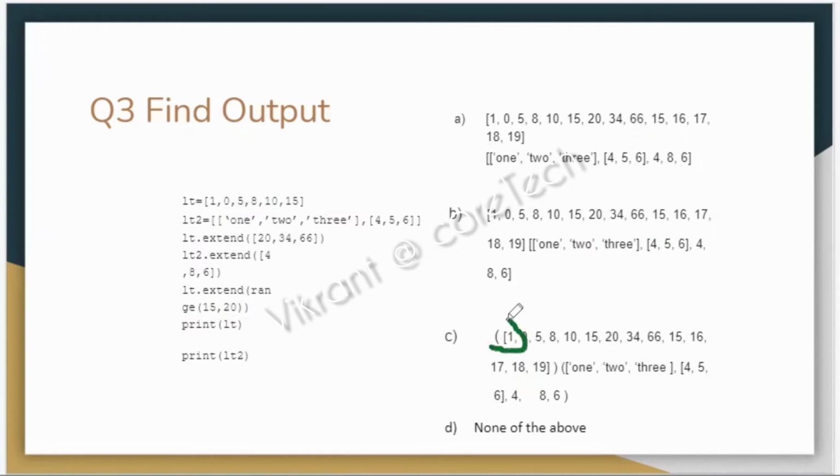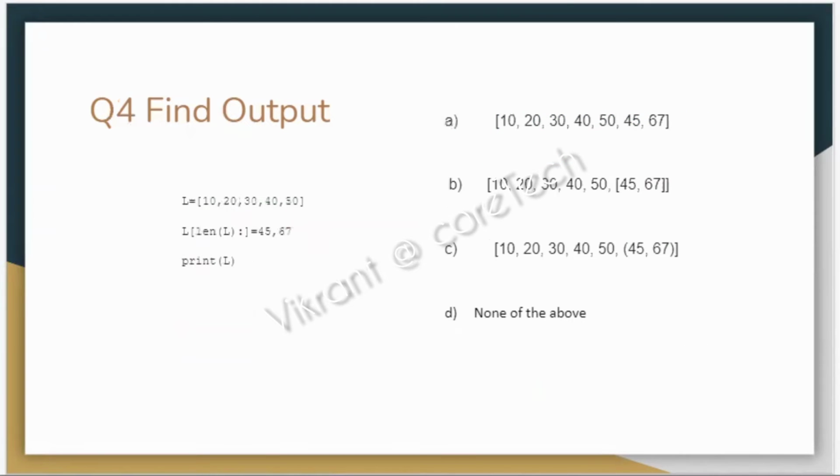But in option number C, once again we have round brackets, which means tuple, and at this stage we don't have any tuple at any place. So we are left with A and B. Let us see the change of line. Do we have change of line? Over here, yes, we do have, and over here we don't have. Although at the time of printing, we are following the change of line. So let's see the answer. Answer number A. Let's go to the next one.